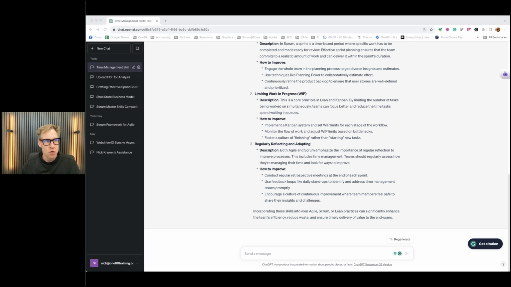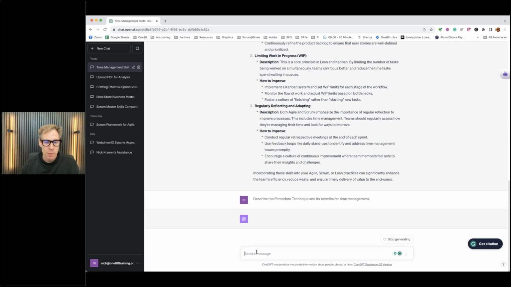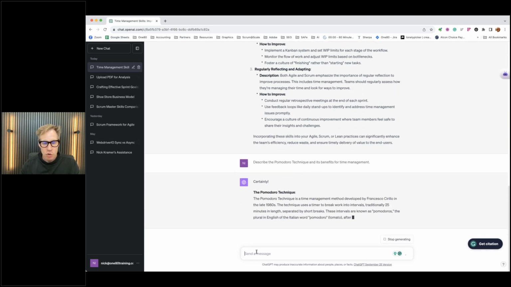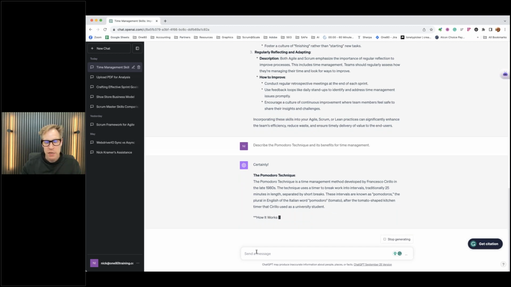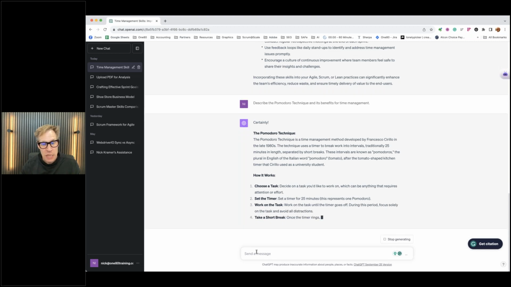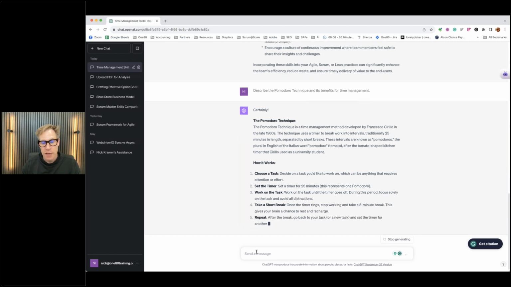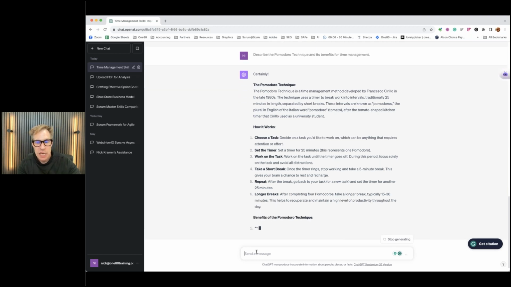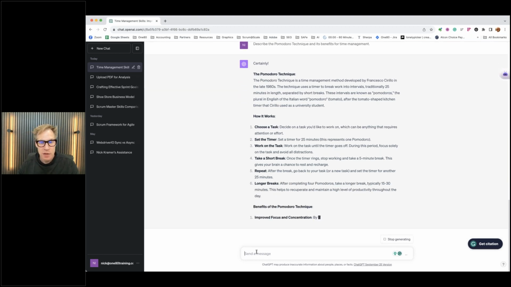Let's try a couple of different examples when we're talking about tone, right? And trying to understand the tone that comes back. So this one here, I'm going to talk about how to describe the Pomodoro technique and its benefit of time management. For those people that don't know what the Pomodoro technique is, it's a technique where you go 25 minutes of work and then you take a break, and then you do 25 minutes of work and then you take a break. When I'm writing a new class, I use the Pomodoro effect a lot because I want to stay focused, but yet I need to take breaks occasionally to get the information I want.